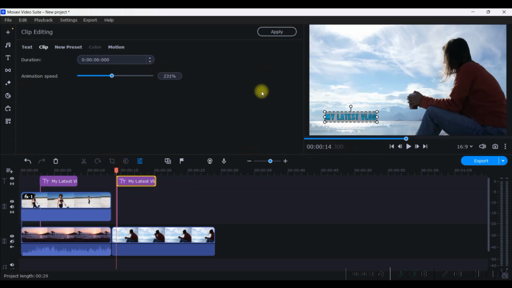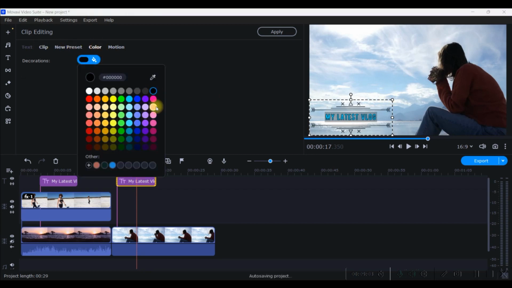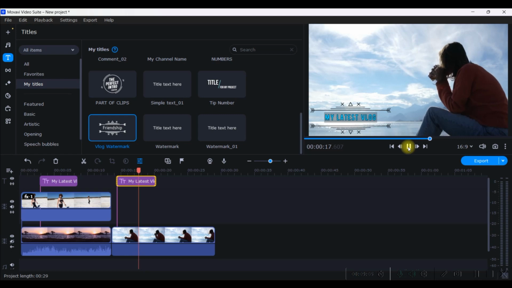Now I can do minor changes, like if I want to, I can double click on this. I can check this part, and then I can change the color from white to black in this case, and I'm done with it, and check if everything is all right or not. So this will appear just like this. So this is how you add a preset. Let's move forward to the next option, how to add a sticker or a callout.